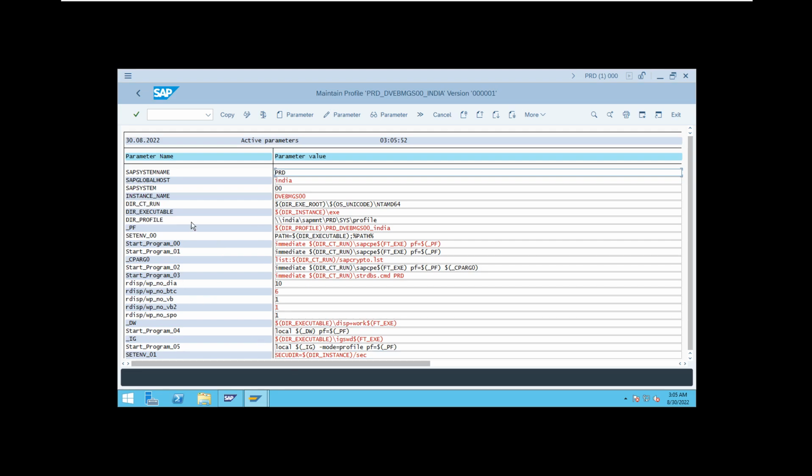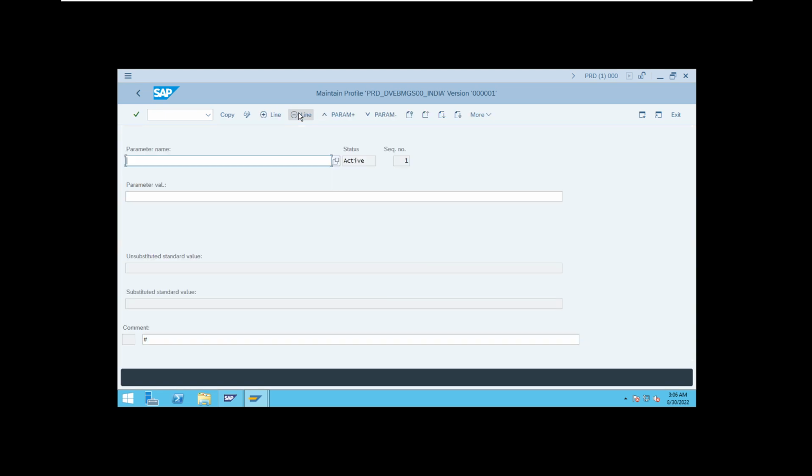Change. There is a parameter called login/no_automatic_user_sapstar. It is restricting the SAP star user from automatic login. So is there any parameter like login here? No. So if you don't find the parameter here, what do you do? Go to create parameter, Parameters,